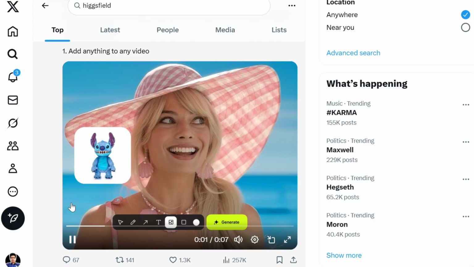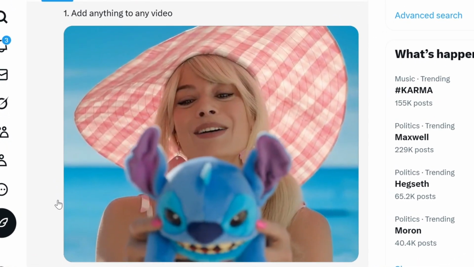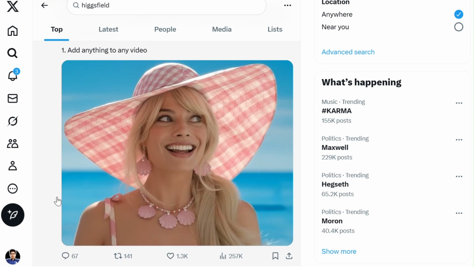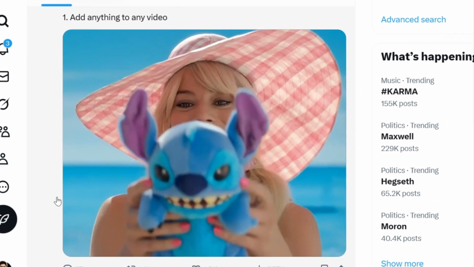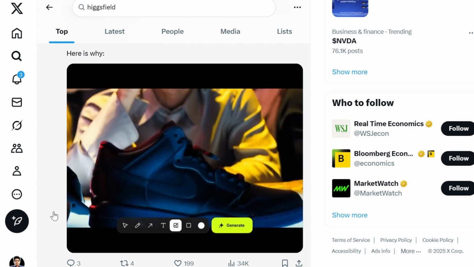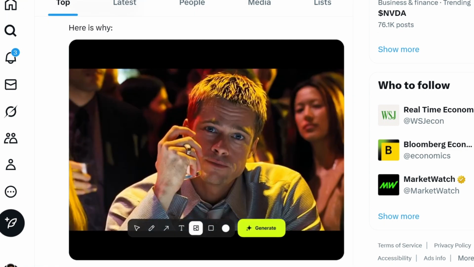So we've got a few examples here. You can basically drop any object in video now. The AI takes this flat 2D PNG and turns them into a whole-ass plushie. Look at how it introduces it in the frame. Hello, Mario. But here's where it gets dystopian. Brad Pitt, we drop a random shoe on the table. It looks like such a cool commercial. You can see how sick this feature is going to be for e-commerce.